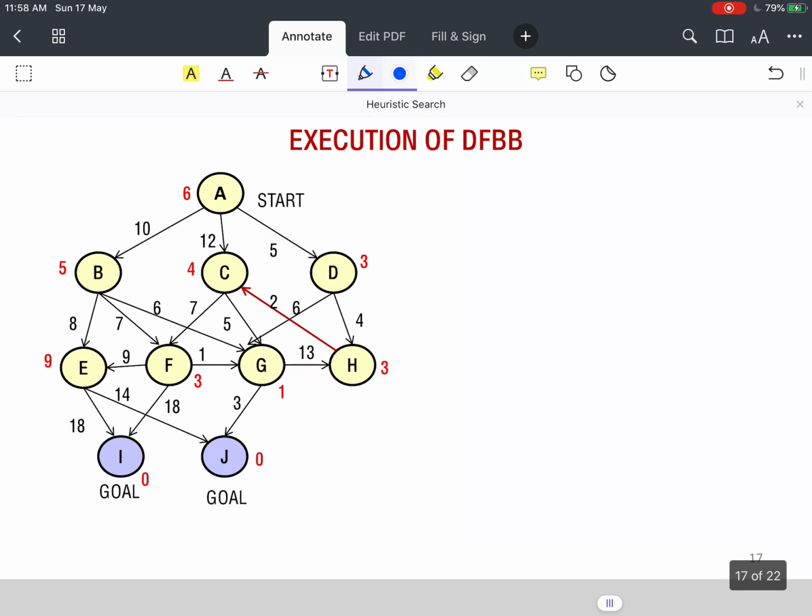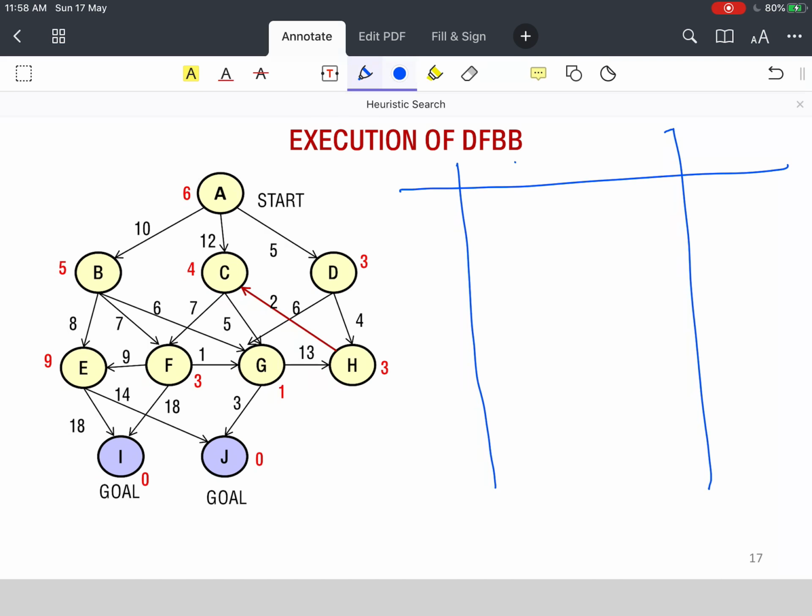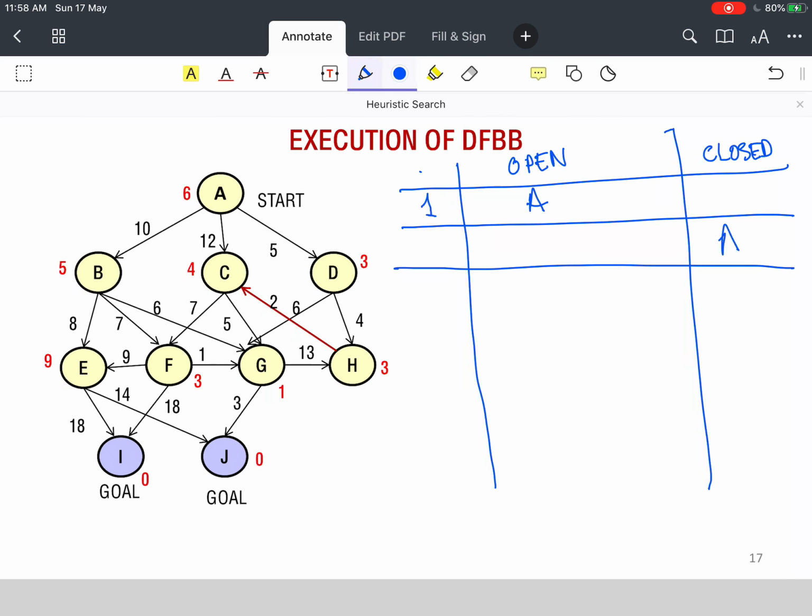Let us see how our algorithm works. In this case, let us again identify the steps and let us see how the open list and closed list work. In step 1, obviously we have A. In step 2, A goes to closed, and I have the current best equal to infinity, as I said in the algorithm.